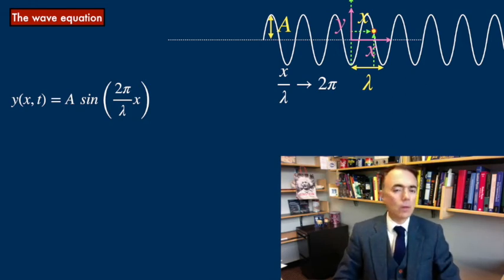But this is not the whole story. We want to have an equation that describes the height of the wave also as a function of time, because the wave propagates in space and time. Because the wave moves with velocity v and travels a distance vt, we can complete the wave equation as: